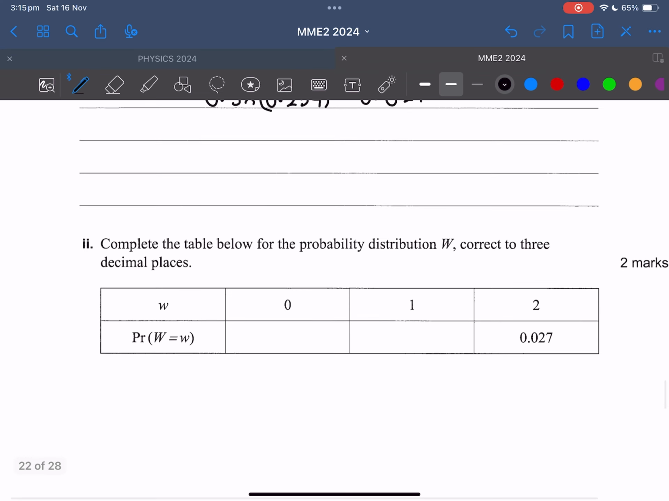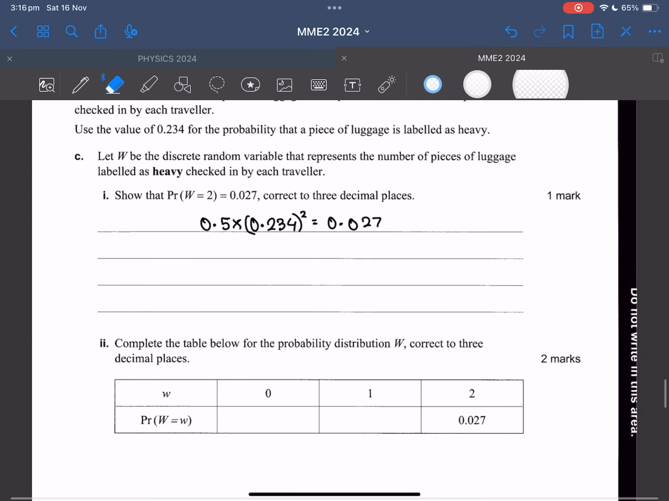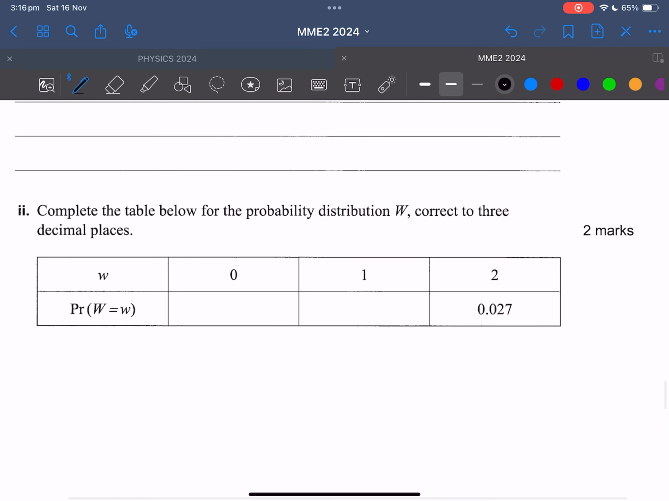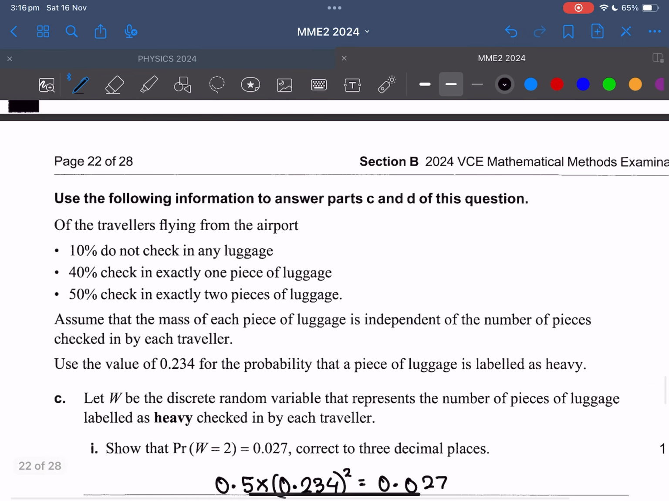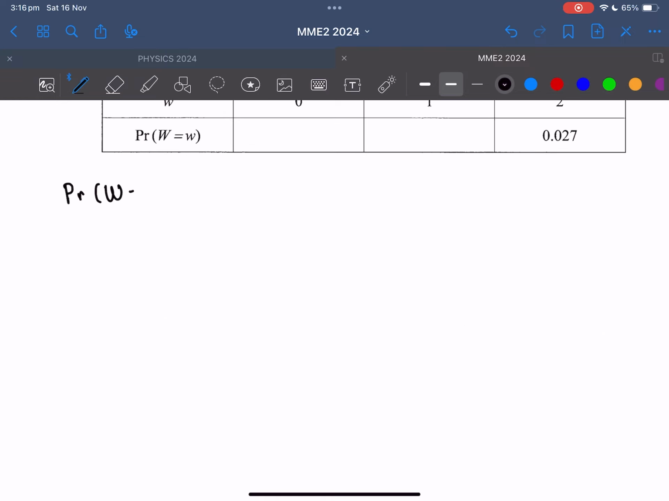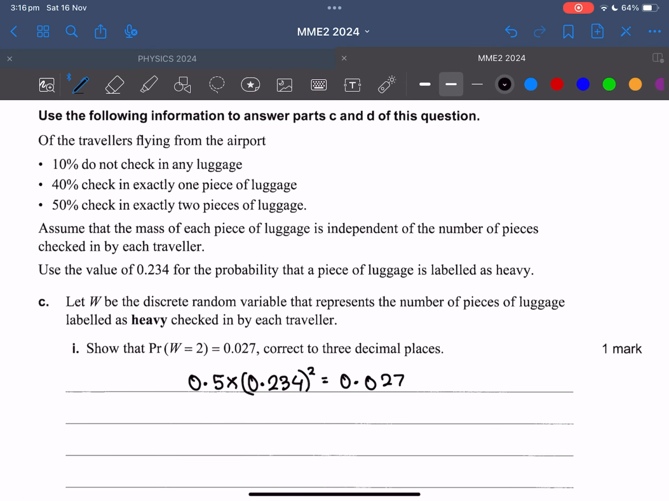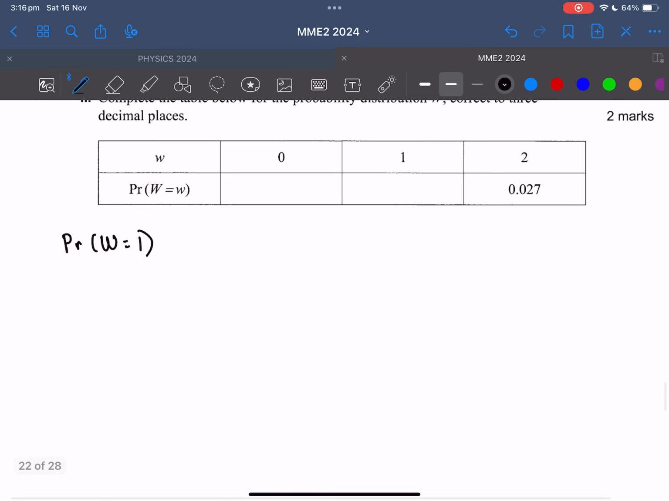Okay, complete the table below for the probability distribution W equals w, correct to 2 decimal places. Okay, so when W equals 1. Okay, so let's look at the scenario first for W equals 1. That means 1 luggage is heavy. Okay, so the probability that W is equal to 1. So basically, let's say I'm one of that 40% of the people who are carrying exactly 1 luggage, I want it to be heavy regardless, right? So we'll have 0.4 times